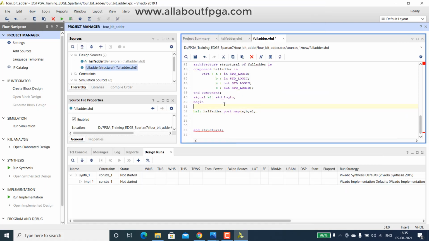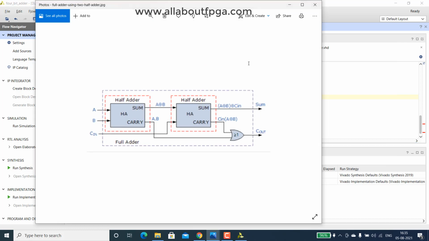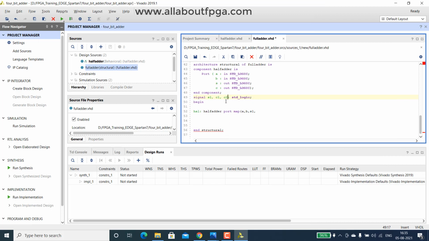So we can declare that as C1 and C2 because there are two carries, that is the carry coming from half adder 1 and the carry coming from half adder 2, both of them are going to this OR gate. So I make it C1 C2. What we can do is A B S1 C1, we can assign it this way and close it.